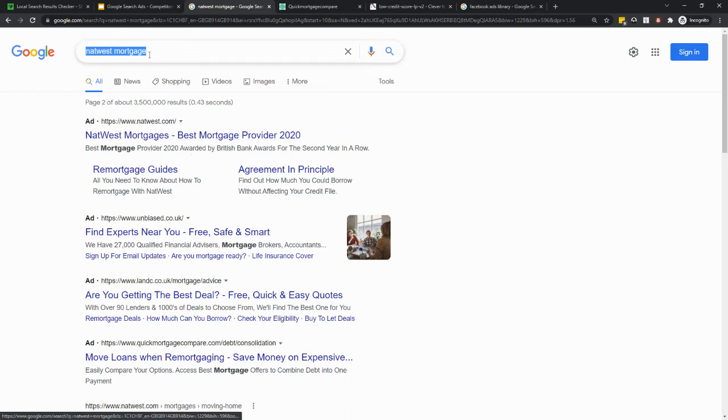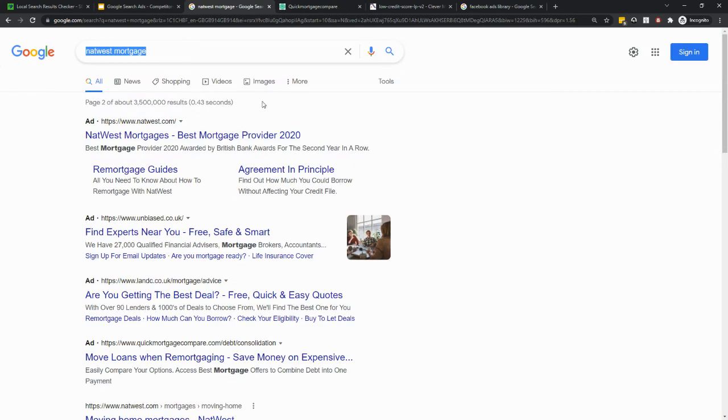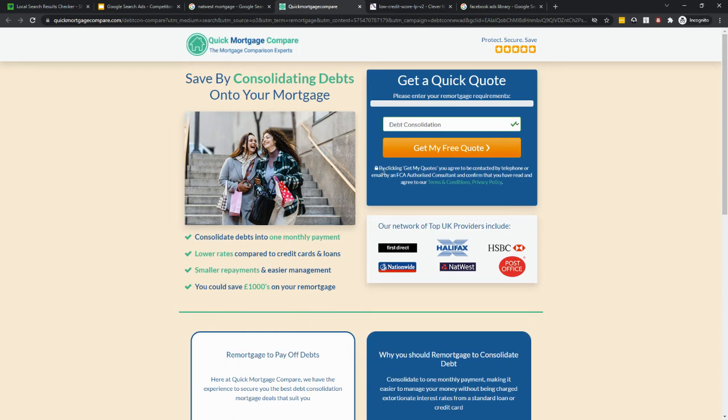So, a good example of this. Obviously this is not NatWest, sorry. They're coming up at the top of the search ad, which is a no-brainer, of course. These guys right here are bidding on this keyword. So are these guys, so are these guys. It's a very simple strategy. How can we leverage this platform? Search, get all those clicks in, and convert them once they click on our landing page.